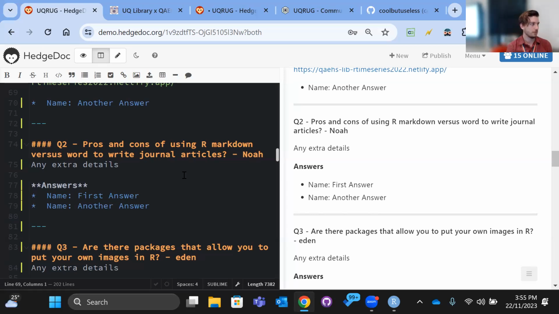And you're comparing Microsoft Word versus using Markdown.